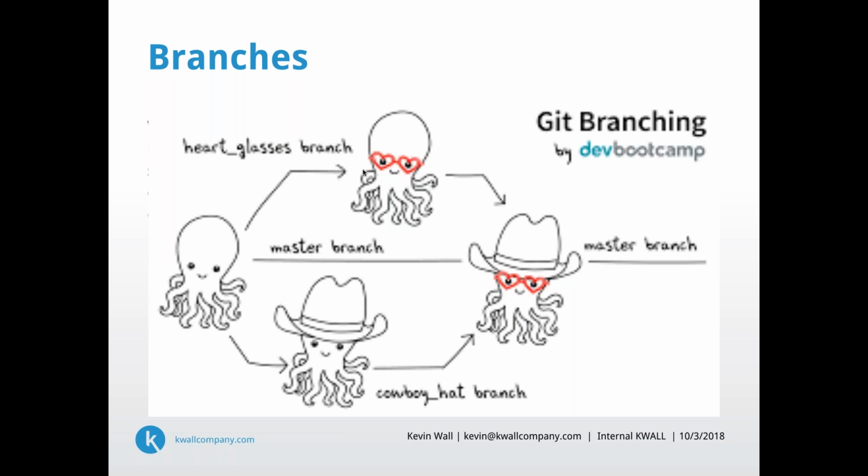Sean's working on adding those glasses, and Mel's over there making a cowboy hat, and they don't really have to connect to each other at all, but at some point they're going to. So if you think about that in a practical case, he doesn't have to ask, well, is your hat going to cover my glasses? What's going to happen with this? He can just do his job and then put it back into the master branch. And then once we're done, we get both